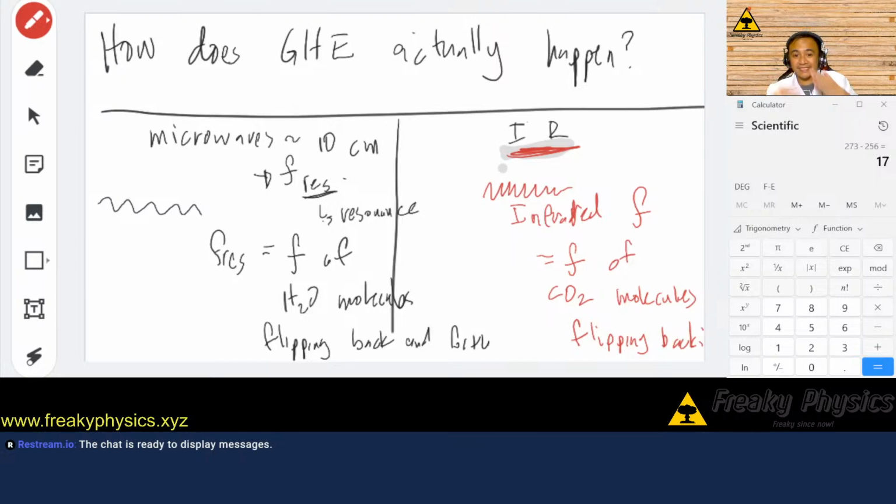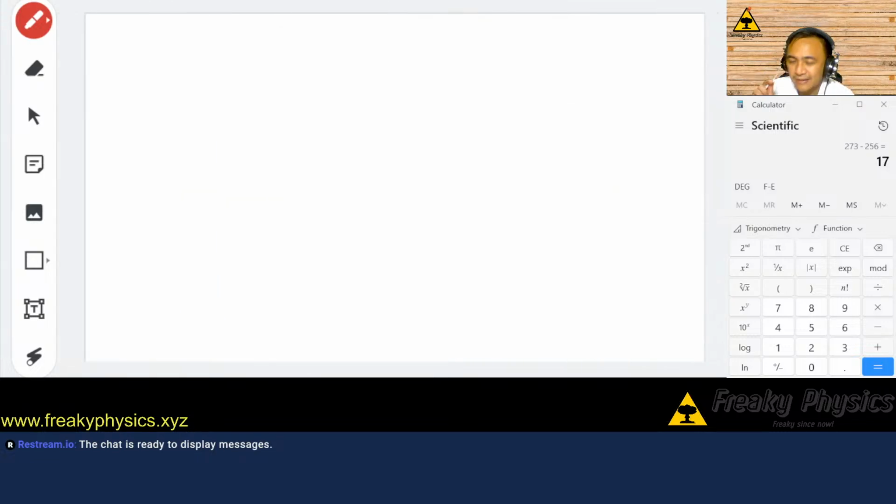Okay, so that's the idea there. The carbon dioxide and the other greenhouse gases have the exact same resonant frequency as the infrared they're absorbing. That's why once they absorb the infrared, they emit it back at the same wavelength. Okay, so this is the last bit of it. So, all right, now that we know the greenhouse effect,